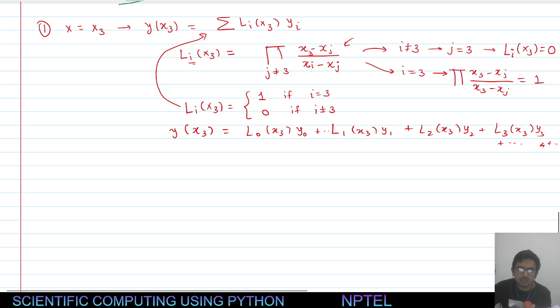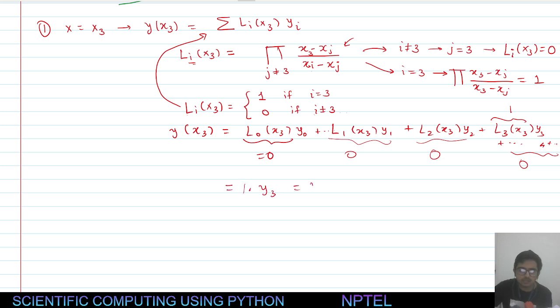But we know that this is 0. Why? Because Li of x3 is 0 when i not equal to 3. This is 0, this is 0, this is 1, because when i is equal to 3, L3 of x3 is 1, and all the other terms will be 0, because i not equal to 3. So what we get is just 1 times